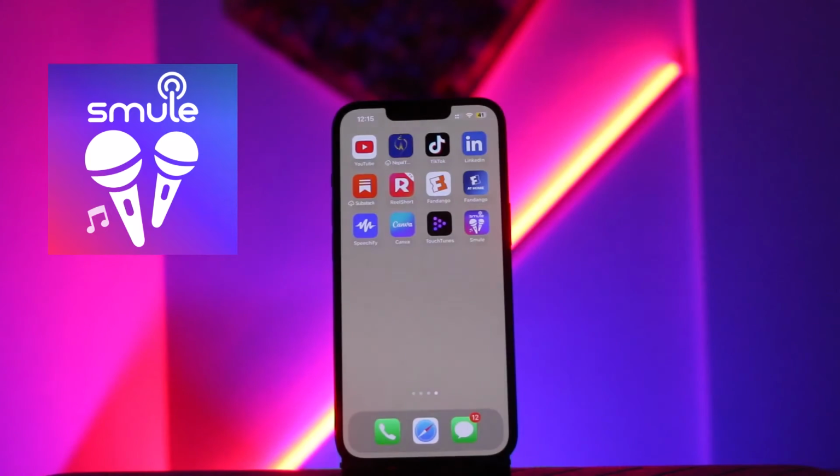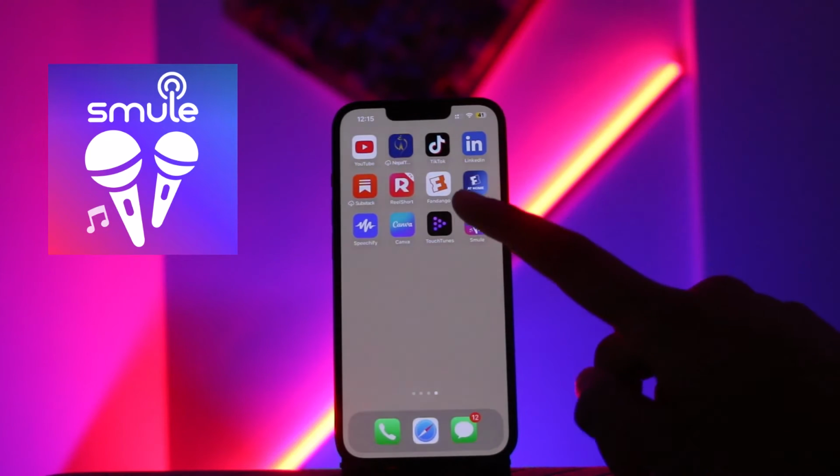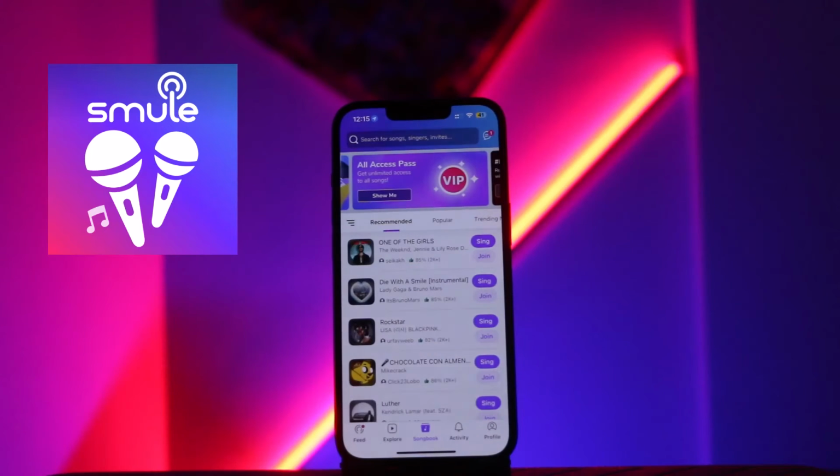So let's get started. The first basic thing you need to do is make sure that you have already installed the Smule app. If you have not installed the Smule app, you may simply install it from the App Store or Play Store on your device. After that you just need to open the Smule app, and as you can see, this is the home page of Smule, where you will see various options in the bottom taskbar like feed, explore, songbook,